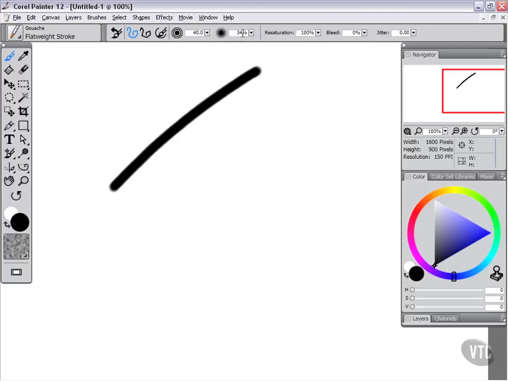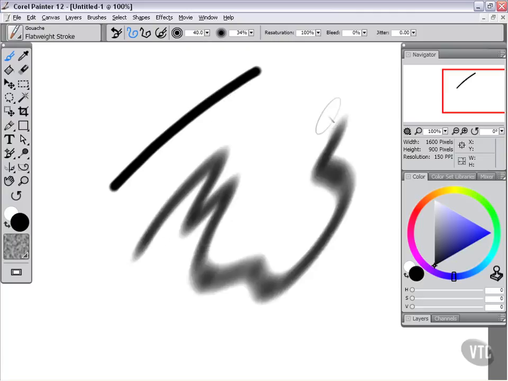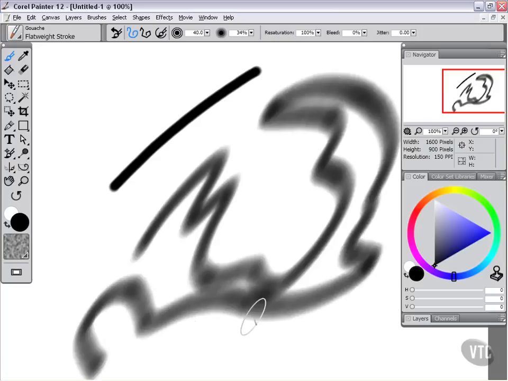So you can see here that my opacity is at 34%, my size is 40, and I've also got a custom squeeze and a custom angle. And so when I make this brush, you can see this brush is significantly different than what it looked like before. Now if I hold down Control and Alt again and click and drag out, you can see that I'm back, and I'm just going to continue holding down on the tablet,